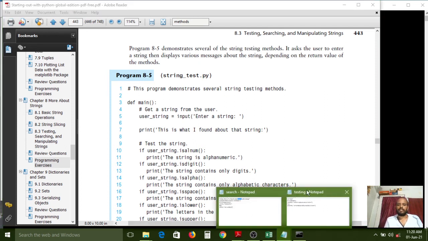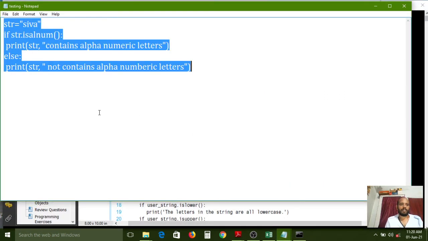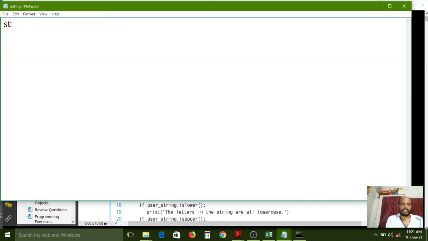Wait, for that we need to take input: str equal to input, enter the input.